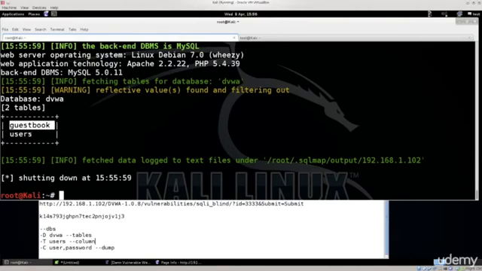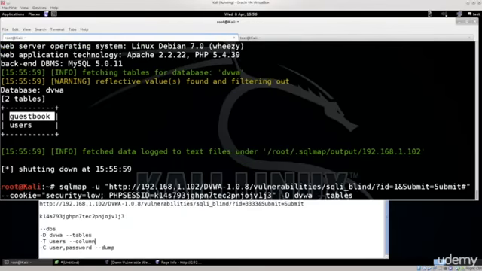Anyway, we got users, we got guest book, so let's have a look at users, because I know that there was something useful there, but you won't know. So go through all of them. If you're doing a genuine pen test, go through everything that you can get. Go through every single table, go through every single column, go through every single database, see what is in there. I cannot emphasize this enough. How many times did people suffer needlessly, primarily because they were just too lazy to go through the stuff that they already had. So let's just go ahead and type in -T